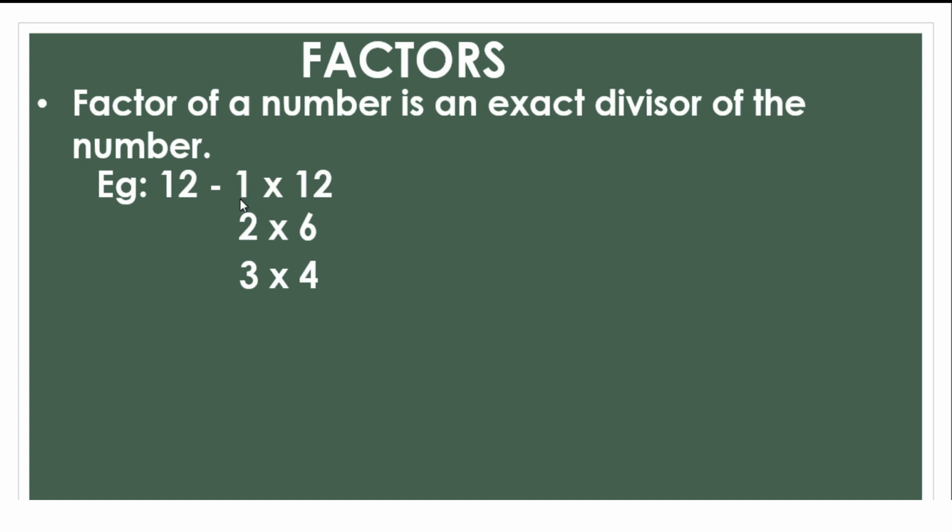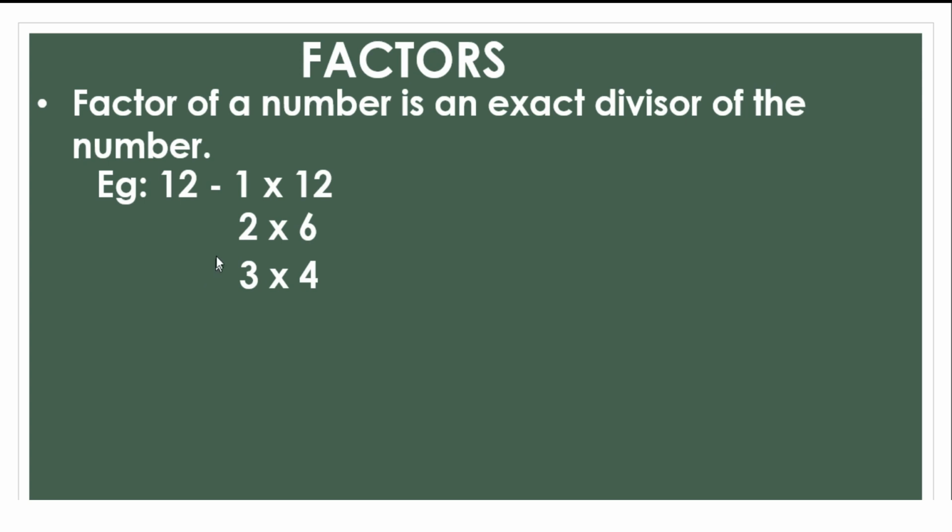Kids, this is the easy way to find your factors. Once you start writing like this, you will come to know the in-between numbers. For example, here see, after 4, 6 is there. So, you won't get the answer in the 5 table. And 6 you are having, next is 12. So, from 7 to 11, you won't get the number. This is the easy way to find your factors.